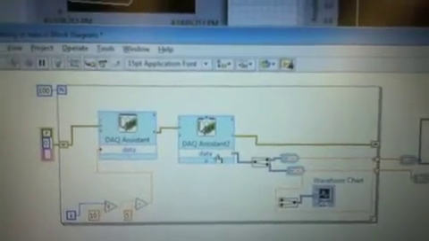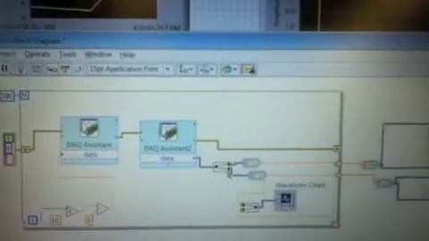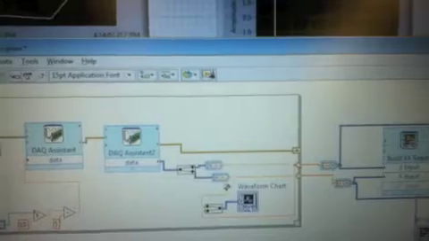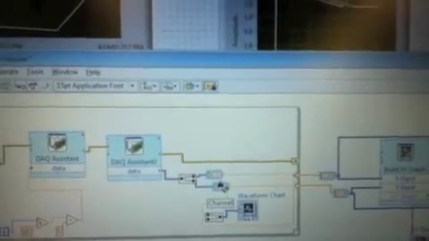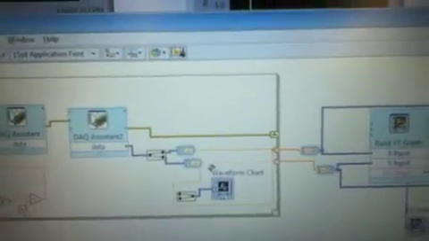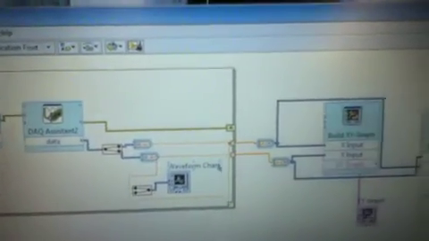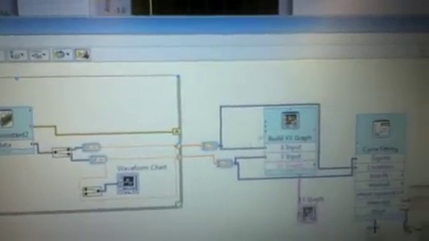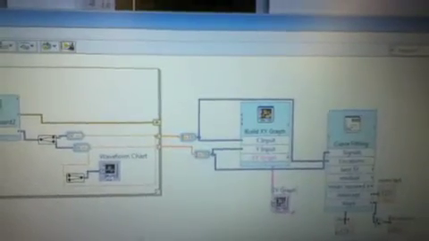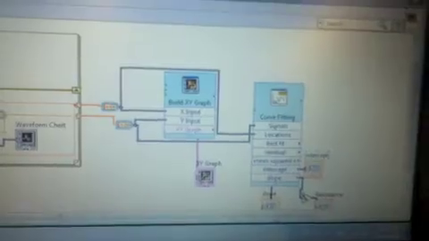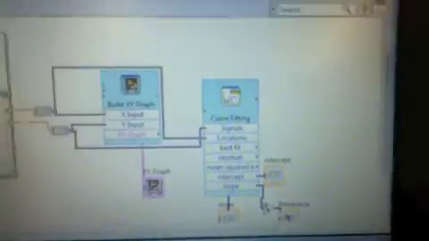We're going to read in both voltages at the same time. And so we're going to split the data right here. This is going to be the 1K, and then this is the second one that we're trying to find. We're going to graph that live, but also take it out of the loop and put it on an XY graph. From there we can get the intercept and the slope, and we can use the slope inverse to get